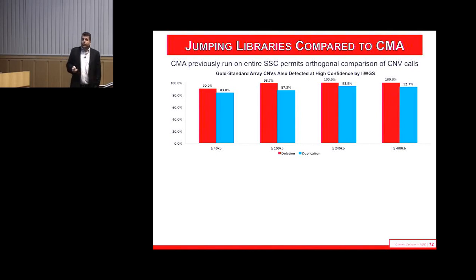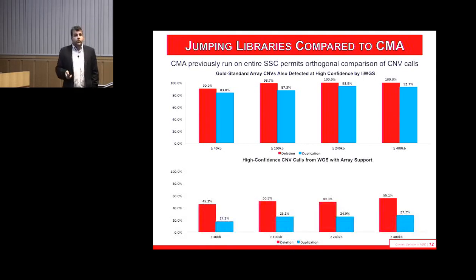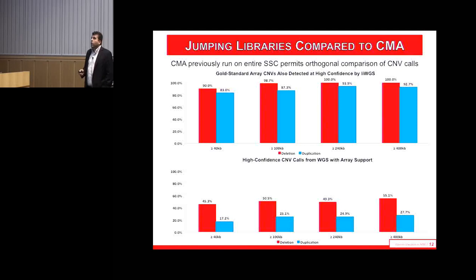And so if we look at the arrays that have been run in the Simon Simplex collection, we actually do quite well at recovering what they find in anything above, say, 100 kb or 200 kb, 240 kb. We find all the deletions, and even at 40 kb, we pretty much hit most of the deletions and a high proportion of the insertions. And our pipelines are pretty much tailored towards diagnostic work. So we worry a lot about false negatives. And you can see that, potentially we're overcalling by quite a bit.